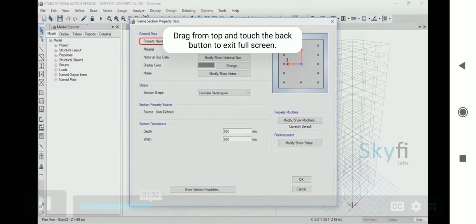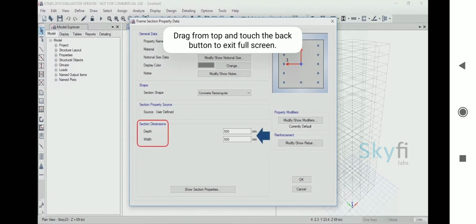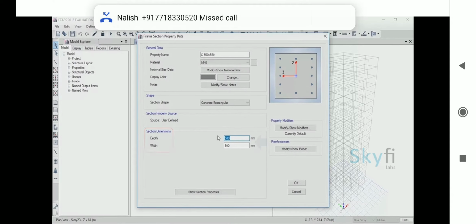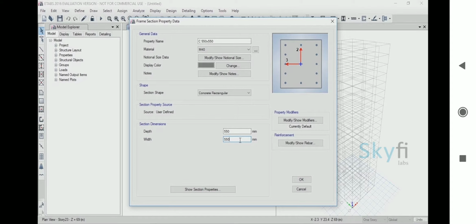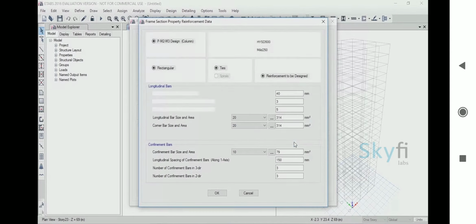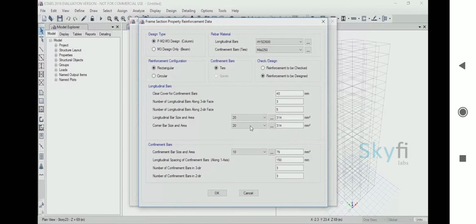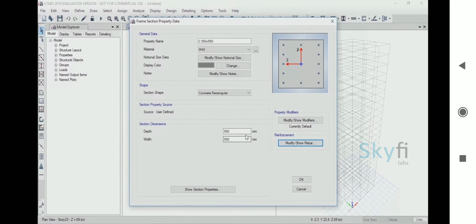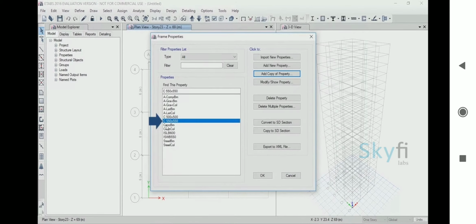Here change the section name, and change the section dimensions to 550 mm in both depth and width. If you select the Modify/Show Rebar option, you will see that the settings of the previously defined column are already there, so you need not define them again. Click on OK. Then click on OK again, and the new column section of 550 by 550 mm dimension has